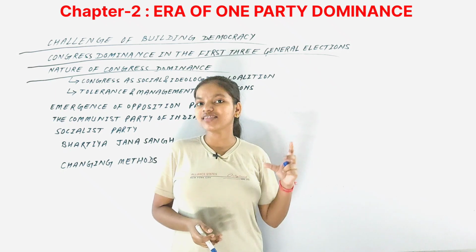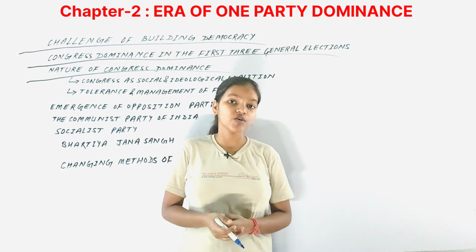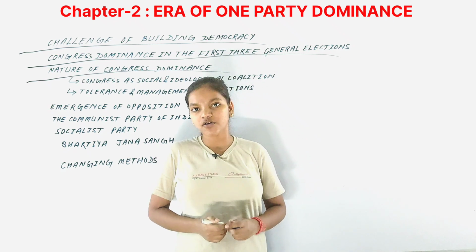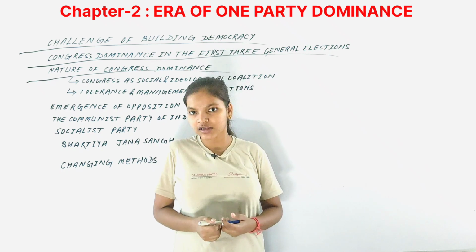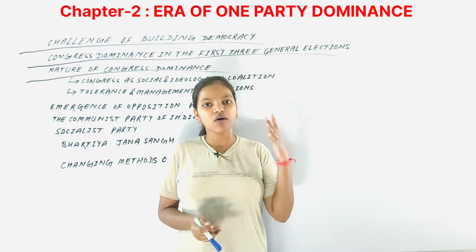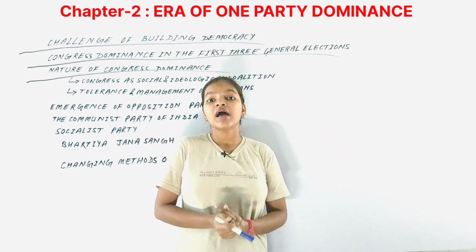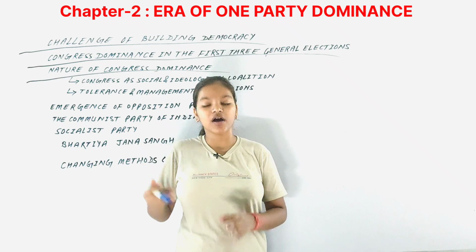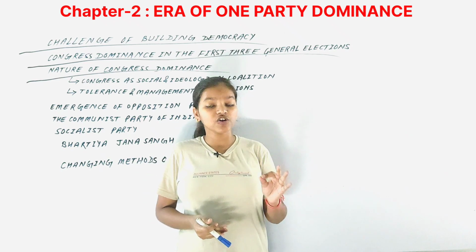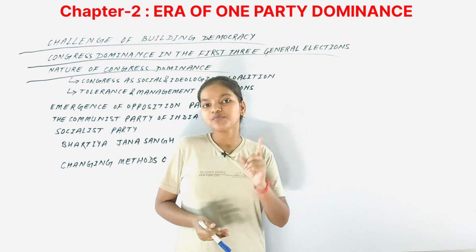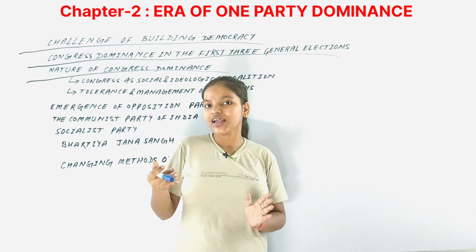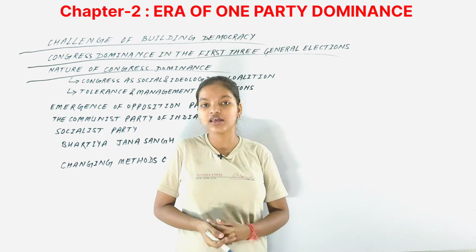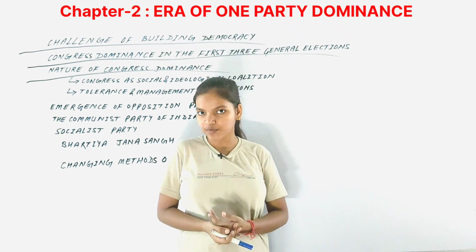So how can we say that the one party dominance of the Congress party was democratic? Because we are saying that India is a democratic country and has always been a democratic country after independence. So doesn't it contradict each other? Because if we look at the case of China, Syria or Cuba, in those countries the constitution allows only one party rule. In China there can only be one party, which is the Chinese Communist Party. Other parties have to be satellite parties.